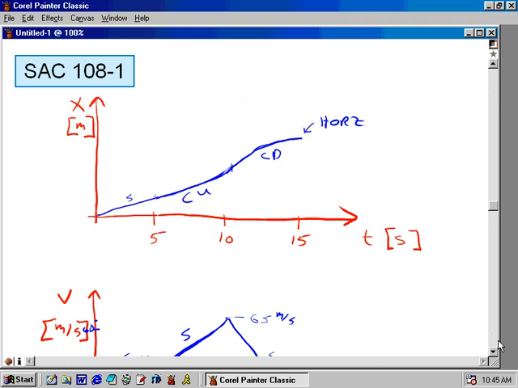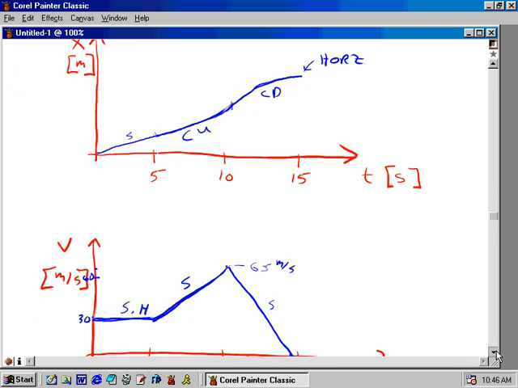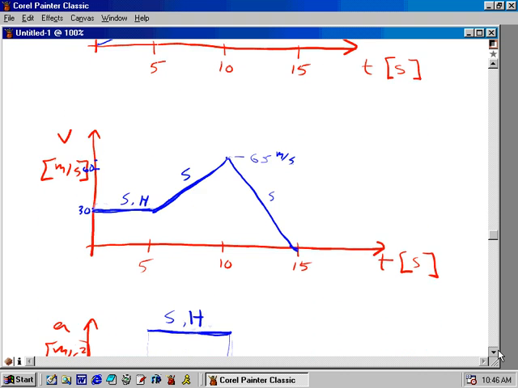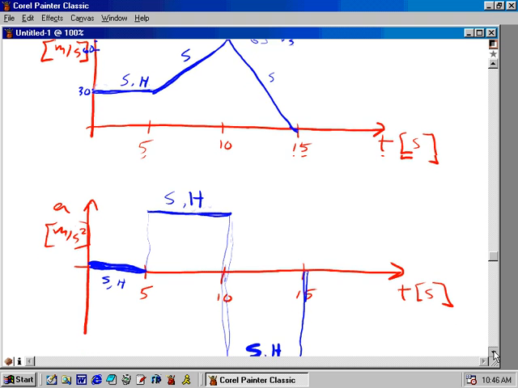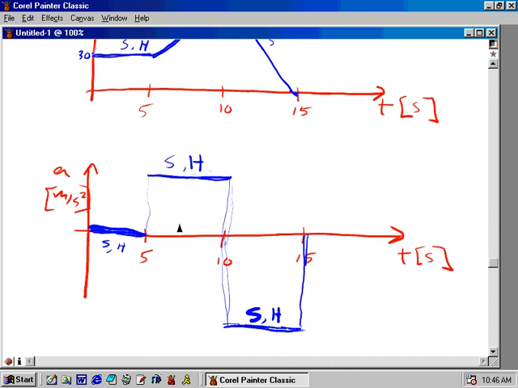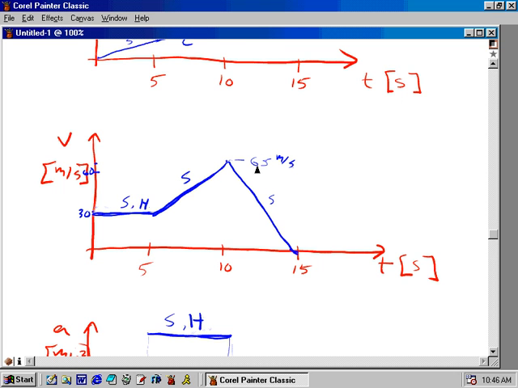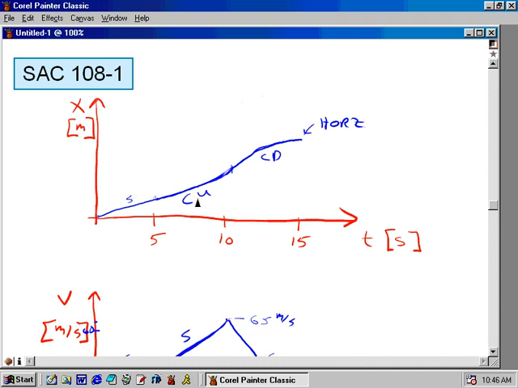So it's a little tough to keep things nice and neat with this arrangement of pen and tablet that I have here trying to write on the screen, but in cases where we have trouble with that, we can label the line segments with what we mean. I'm going to use S for straight, H for horizontal, CU for curved up, and CD for curved down. So straight